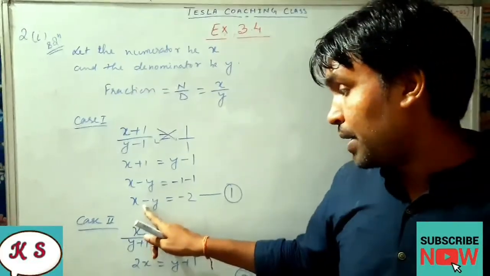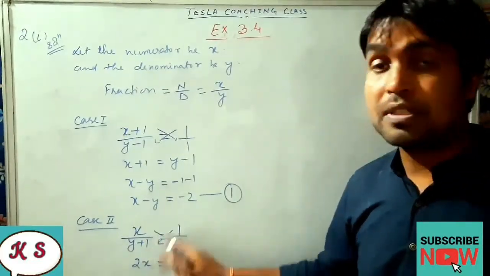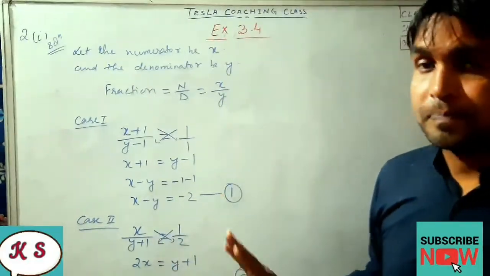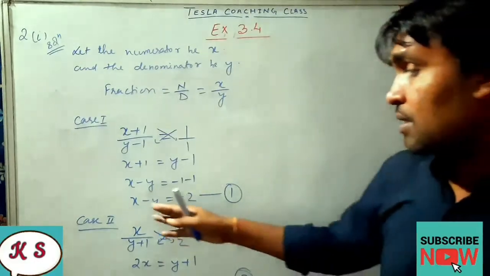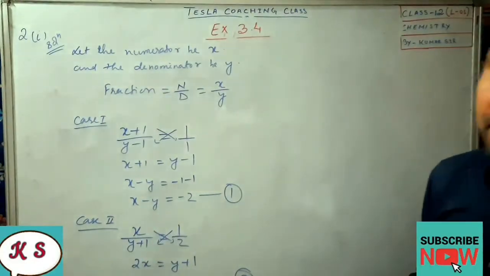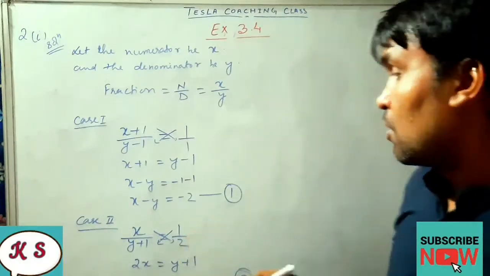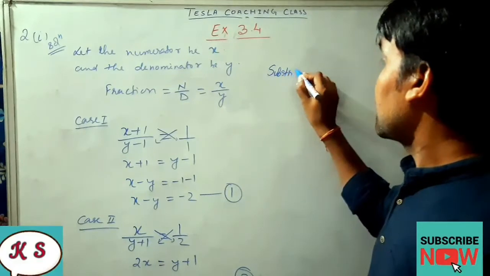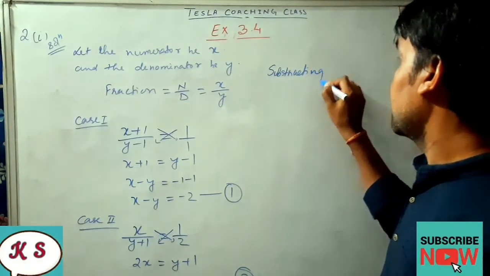There, minus y, both are minus, so no need to multiply, it is already equal. Only the sign is the same, so we have to make it opposite by subtracting. So we write here, subtracting